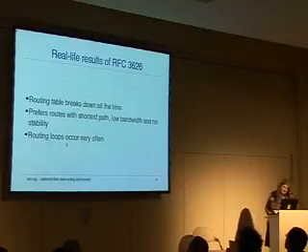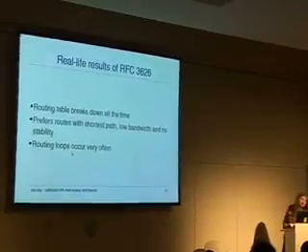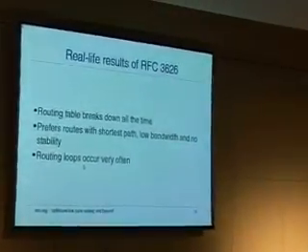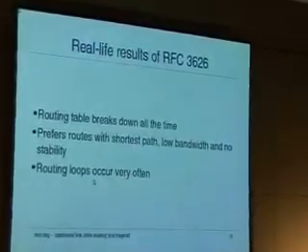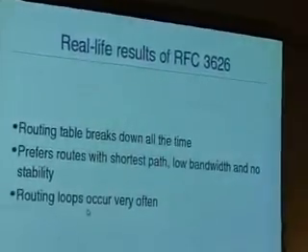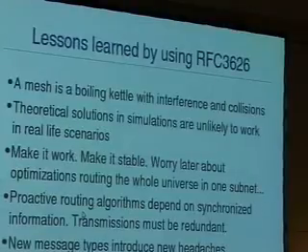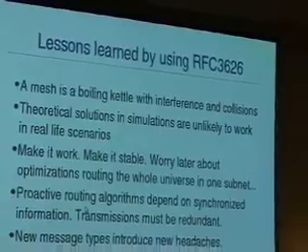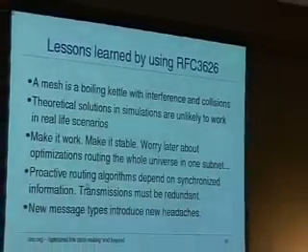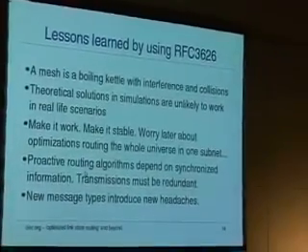Yeah, the routing table broke down all the time. It seemed to prefer routes with the shortest path, the lowest possible bandwidth, and no stability. And routing loops occurred more often than not. So the lessons that we learned on Wizard of Oz 2003 was a mesh is a boiling kettle with interference